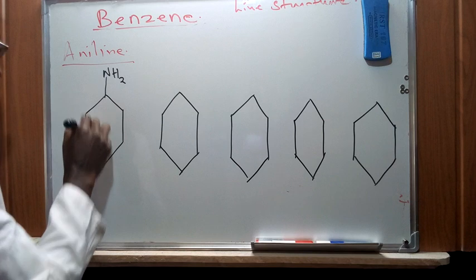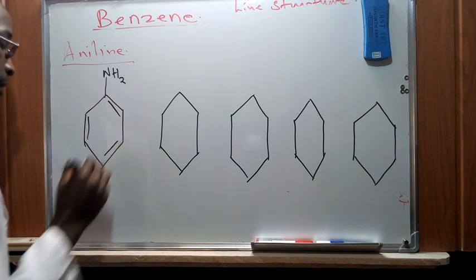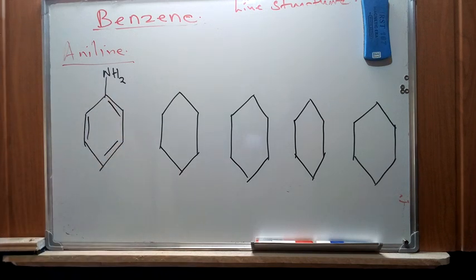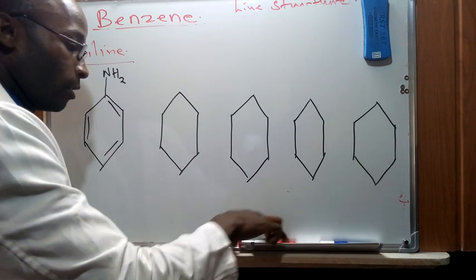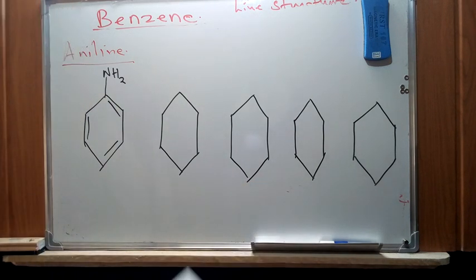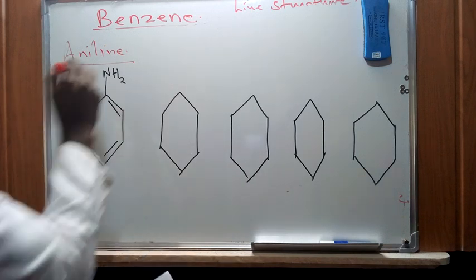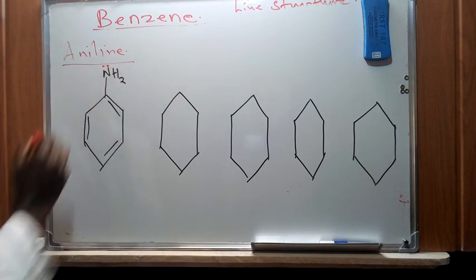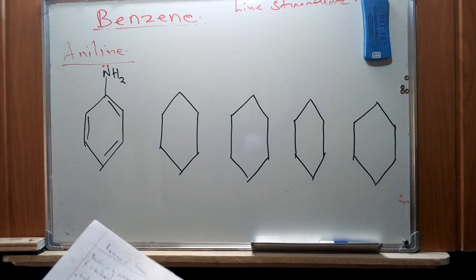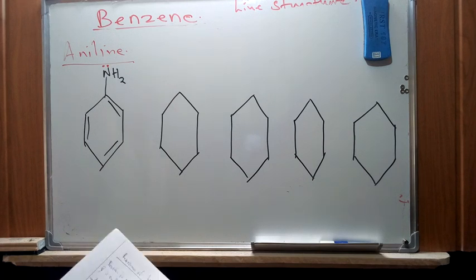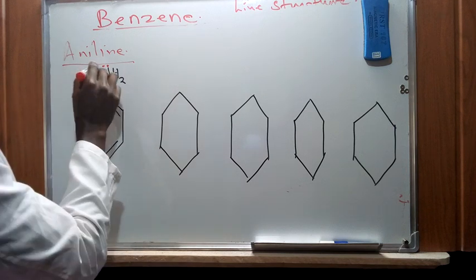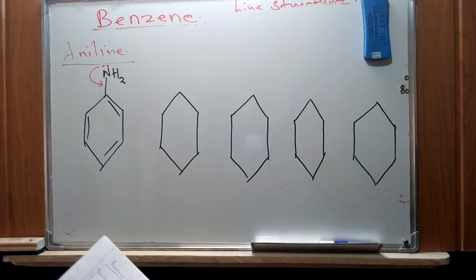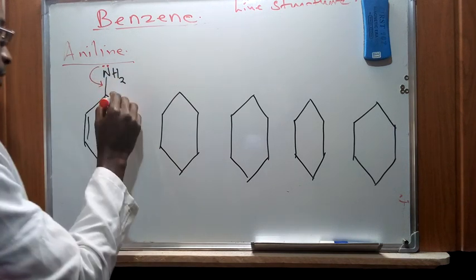So in this case, we shall have this molecule for benzene, and then we are going to have different resonance structures which are dictated by the lone pair of electrons, which we have said are at this particular point. So we have a lone pair of electrons at this point in nitrogen. So in this case, we are going to see how that one behaves. Of course, when this lone pair of electrons moves at that point,